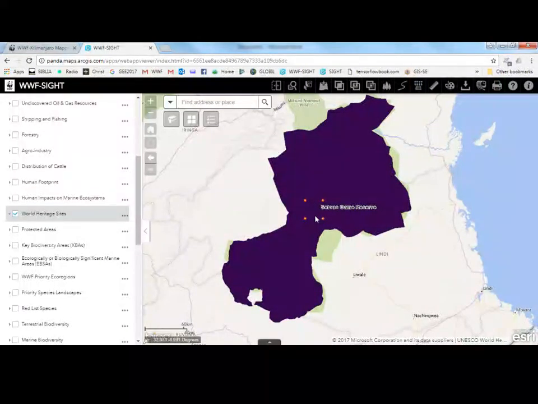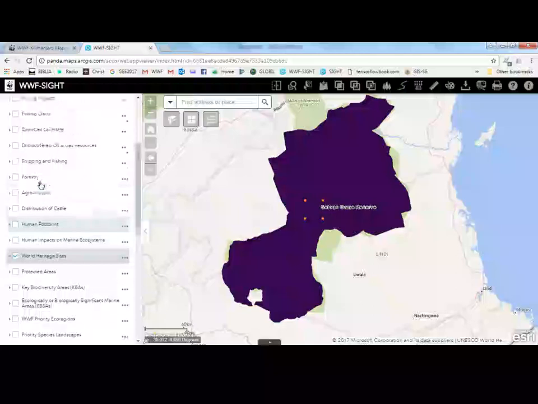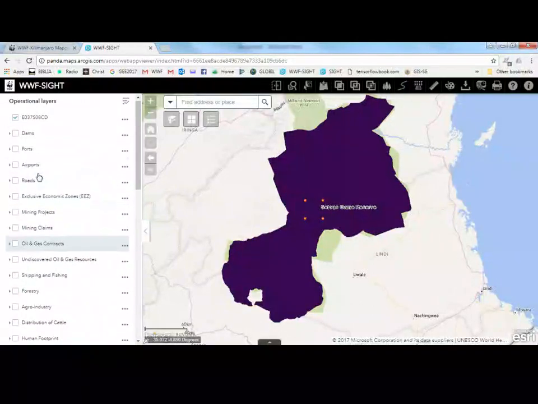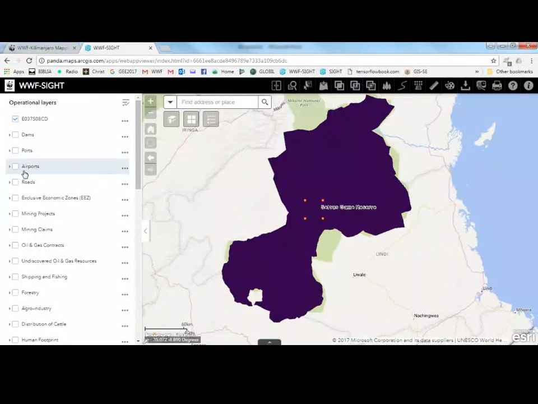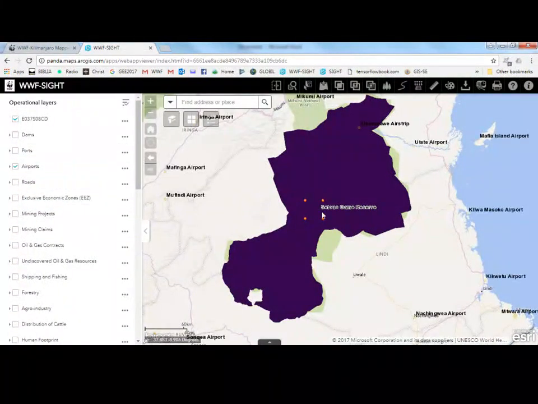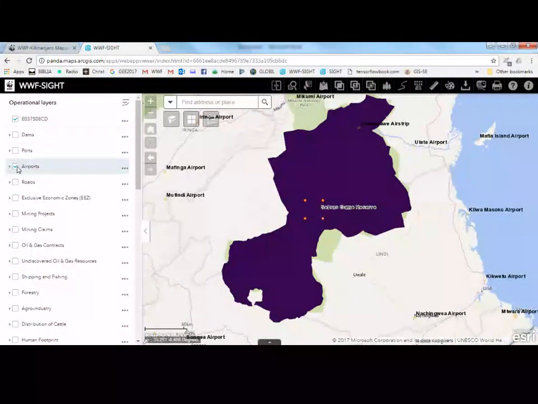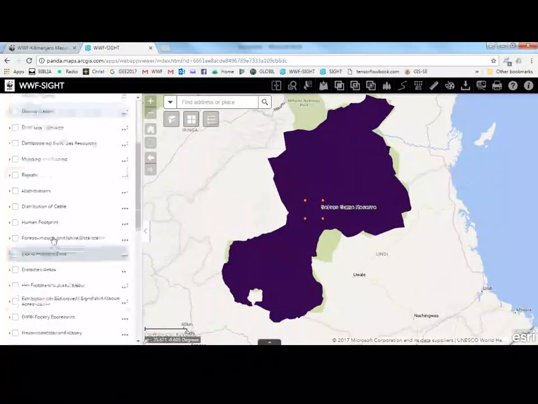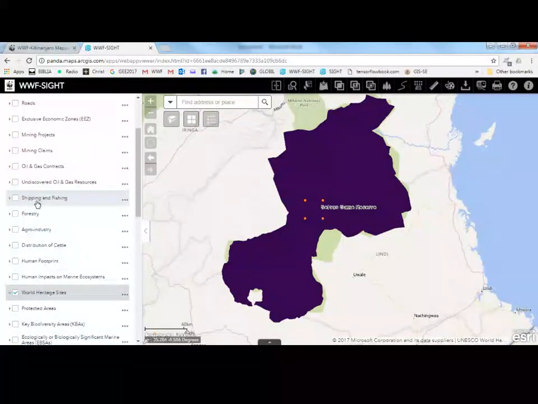So you can see this world heritage site, Selous. Then I can try to put any other important features which I think are important. So you can put the airports, wherever. So it depends on what you want, but this is how it happens. So this is the grid cell.